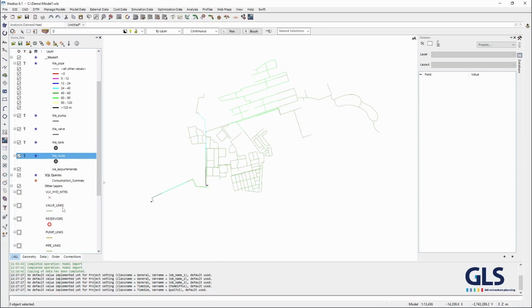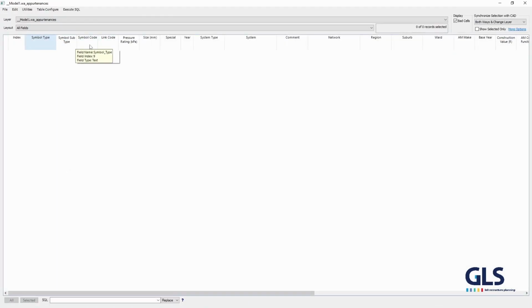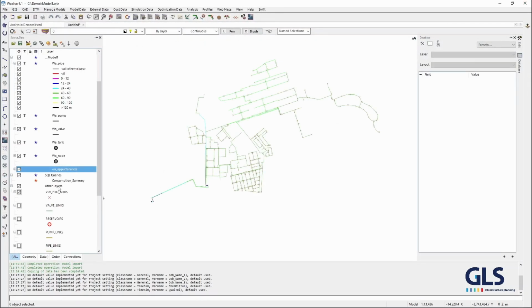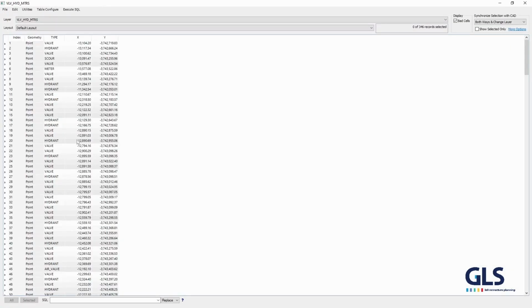As an additional point, as stated earlier, we have information that is not necessarily linked to the model for simulation. However, it does contain network assets. In this case, we can import the data into our model. The appurtenances table has a symbol type field controlling the type and does a straight copy from the source table to the model table. So the type, we can either change this field name to symbol type and it will